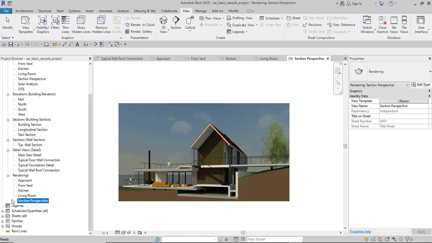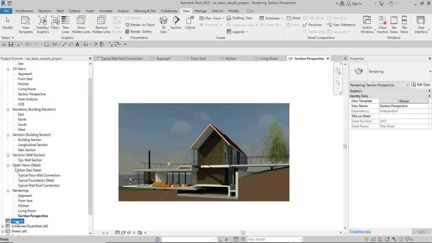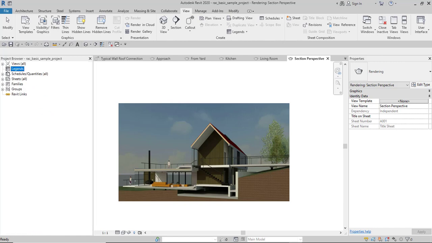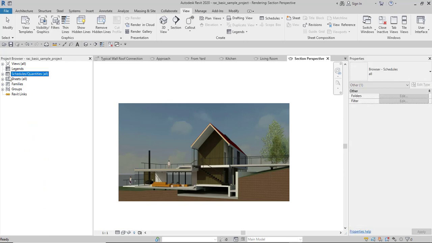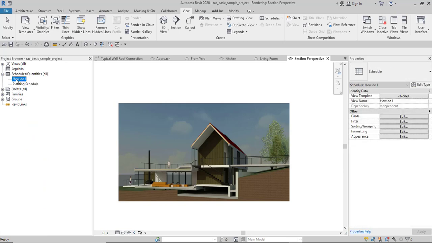There is no legend in this project. If I open a legend, there's no legend associated with this project. So let me minimize the views now. There are no legends. Let's check the schedules. There are only 2 schedules within the project. So if I open the how do I schedule,